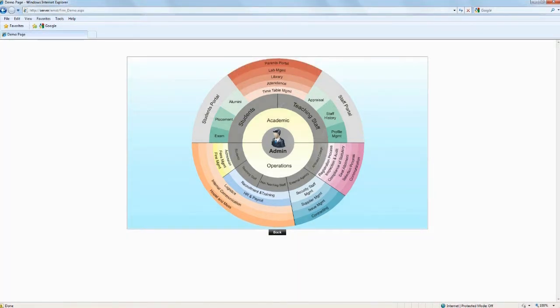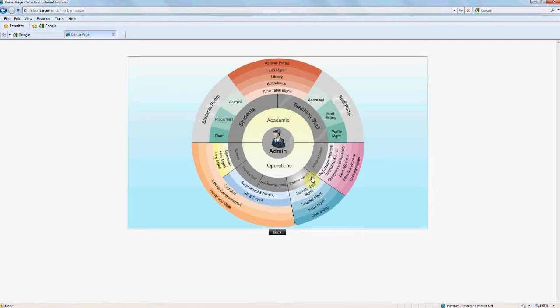Now coming on to the operation side of EMS Plus, admission module, fees management and fine management will come under students, whereas teaching staff and non-teaching staff will share their requirement and training module along with HR and payroll. Finally, students, teaching and non-teaching staff will share the common module like logistic, internal communication along with hostel and mess management. Security staff management, supplier management, issue management, contracting all comes under external agency module.